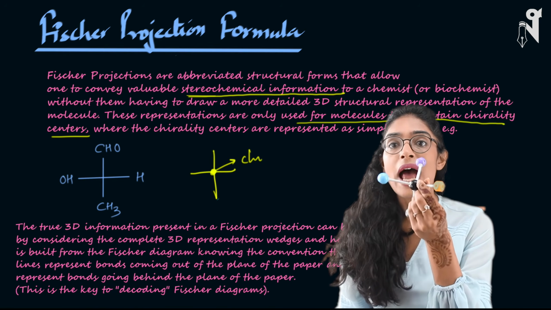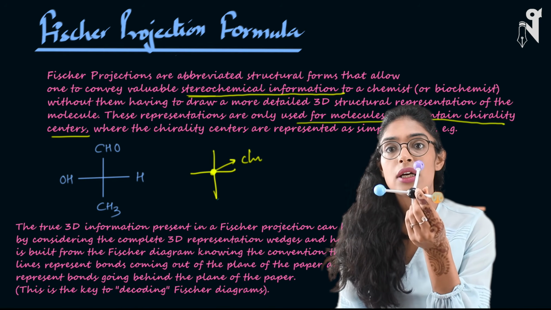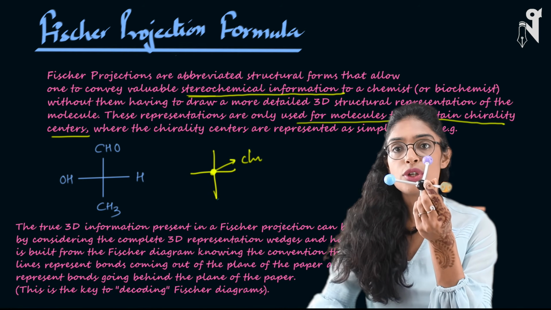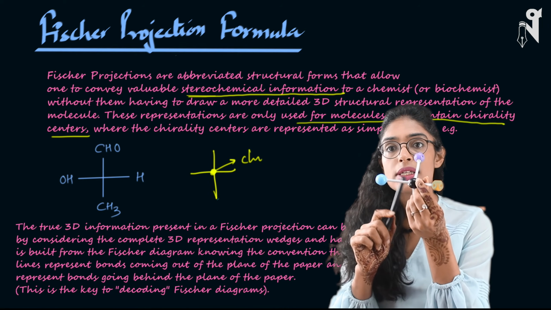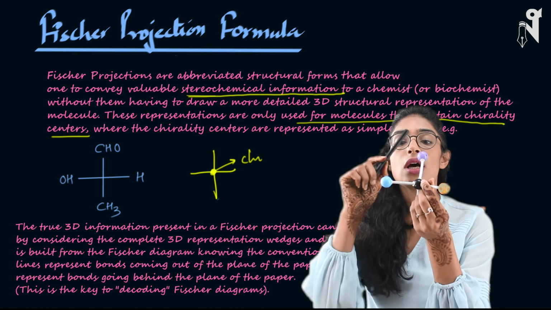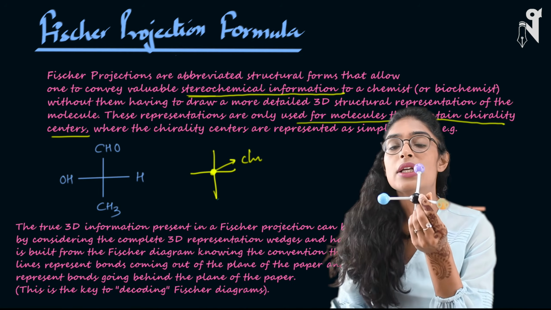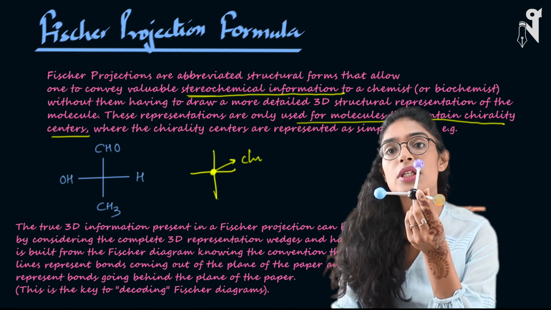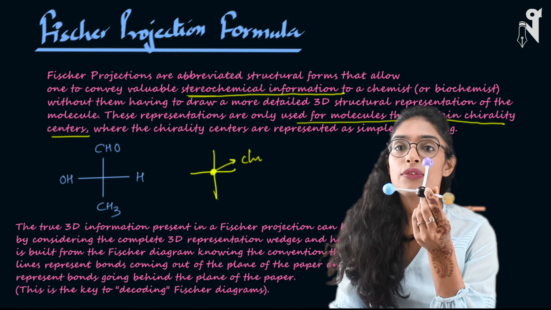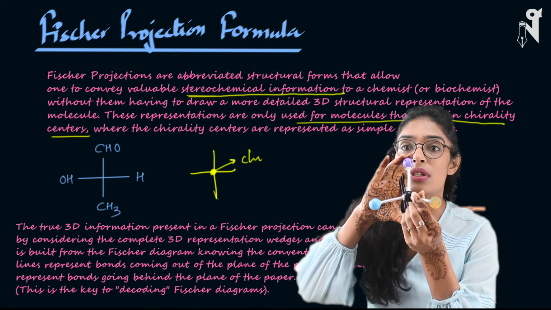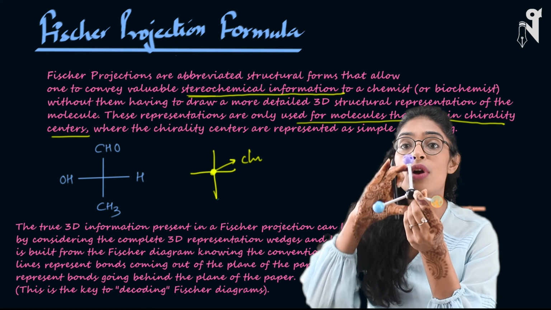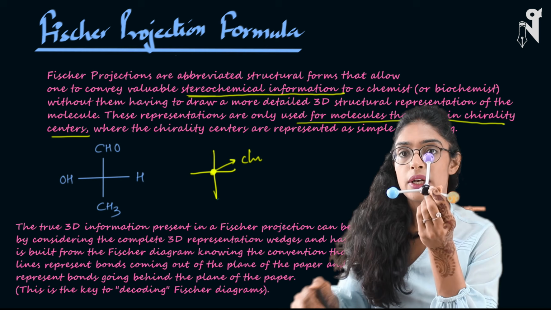And now this molecule has to be written as a Fischer projection. How will we write the Fischer projection of it? This center carbon is the chiral carbon, right? Now what we will do is, the 2 bonds which are towards the viewer will be written on the horizontal line of the Fischer projection, whereas the 2 groups which are away from the viewer will be written on the vertical line.